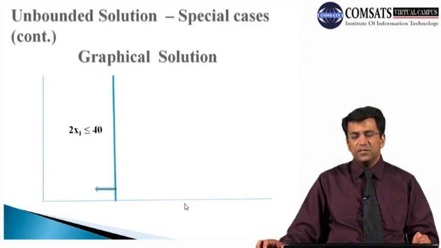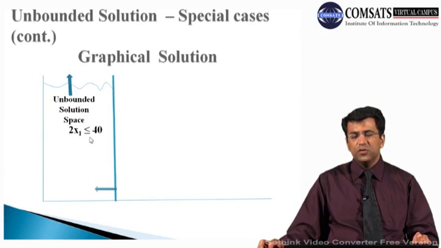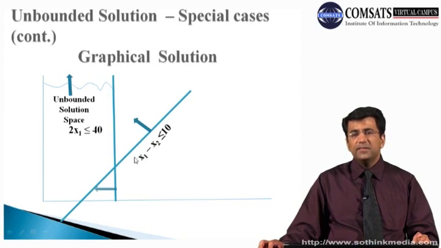And again, if we draw this particular problem by using that graphical method, so this is our constraint, and this constraint is actually 2x1 less than or equal to 40. So this will be our feasible area for this particular constraint, and it actually represents the unbounded solution space for this particular case. And this is our second line, that is x1 minus x2 is less than or equal to 10, and of course the area less than this line will be the feasible area for this particular line. But again, we are interested in the feasible area which is less than for both of these two constraints.